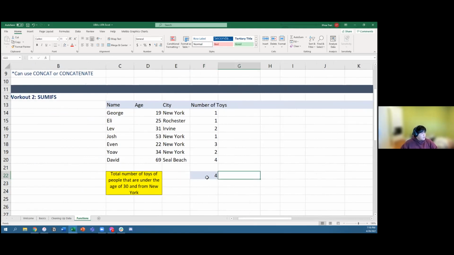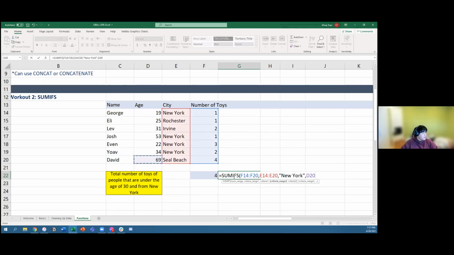Yep. So I'll go over it again. The first thing you want to do is SUMIFS, and then what data do you want to add up? In this case, number of toys. And then next you want to have criteria data, and then the actual criteria, and then criteria data two, criteria two. In this case, we can do the other way. You want people from New York only, so this data, comma, New York, comma. Now you want to make sure they're under the age of 30 here, comma, less than 30,